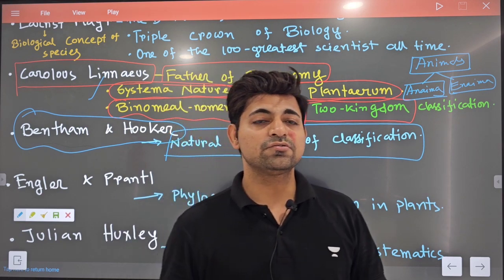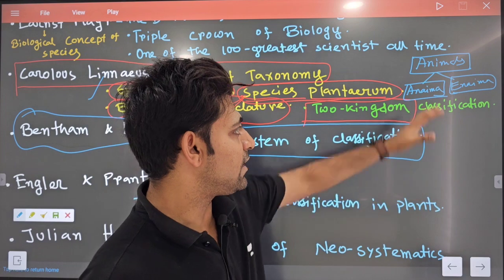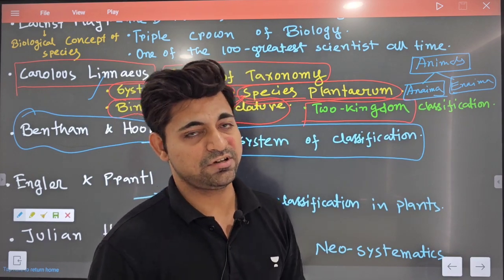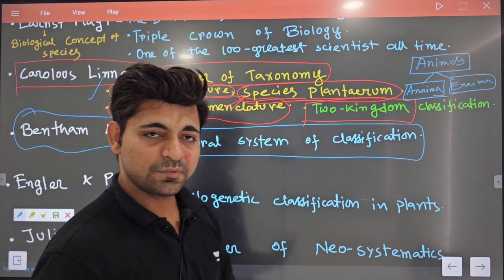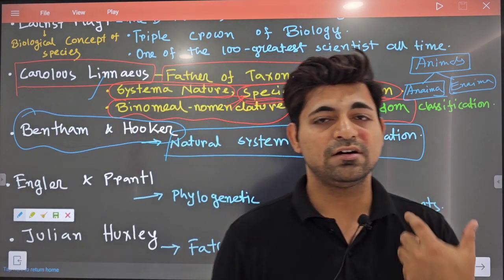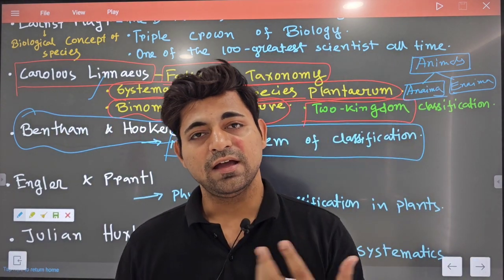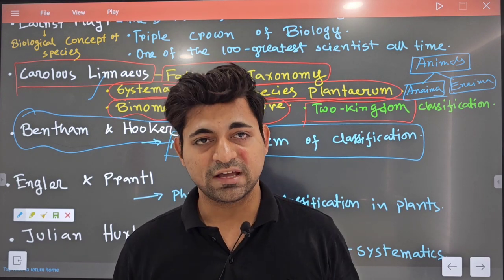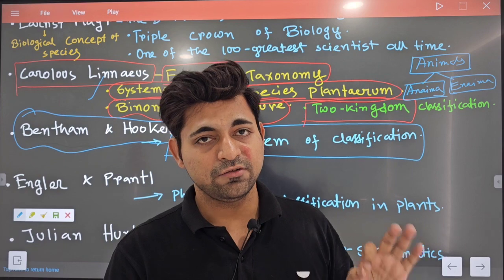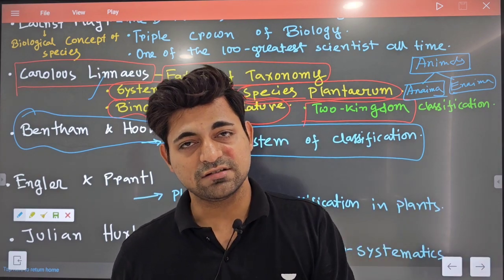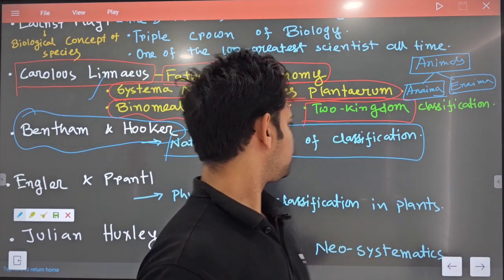That's why those failed, the classification of Aristotle and the classification of Linnaeus, which you will study in the next chapter: 2 kingdom classification, 3 kingdom classification, 4 kingdom classification by Copeland, and ultimately we got the 5 kingdom classification, which is somehow better than every other classification given by either Linnaeus or Ernst Haeckel or Copeland.